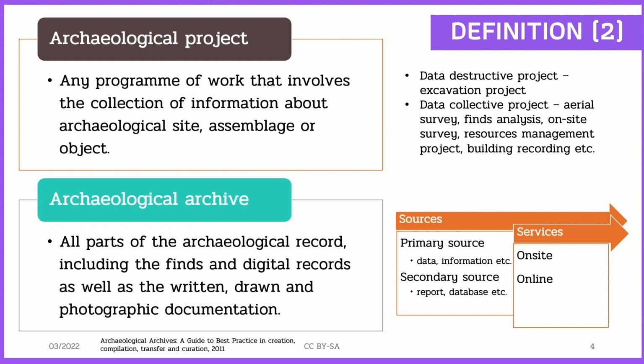The last term is archaeological archive. Every data that has a record during archaeological work, whether it is a register of found objects or digital files that record evidence in various formats, such as photographs, drawings, and excavation records. After the excavation, the data will go into the archive and become a source, of which there are two types. First, the primary source. All data with a record number is considered a primary source that needs to be preserved for researchers to study and make use of for analysis and reinterpretation.